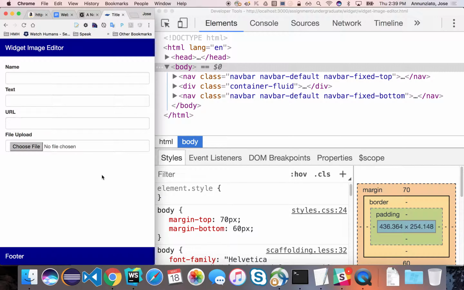So what a lot of people do, because, well, that's one point. The other point is that it's pretty ugly, right? Other than styling the borders like we did here, that's the extent of the styling. Notice that the button is still using the default gray styling, so it looks pretty ugly. It doesn't match the rest of the look and feel of the website. So what a lot of developers do is that